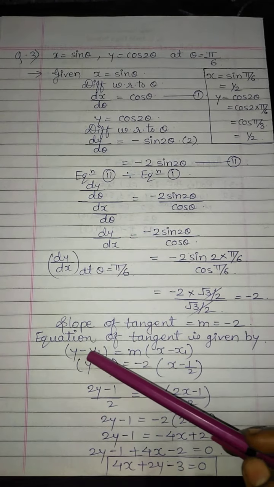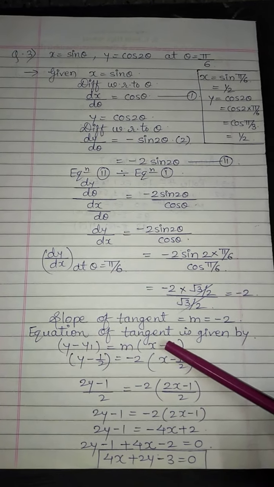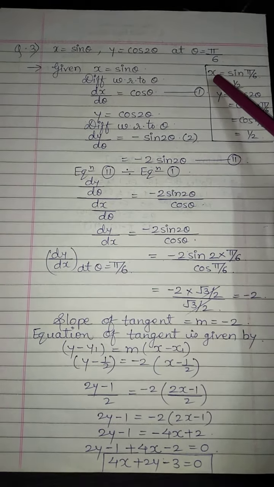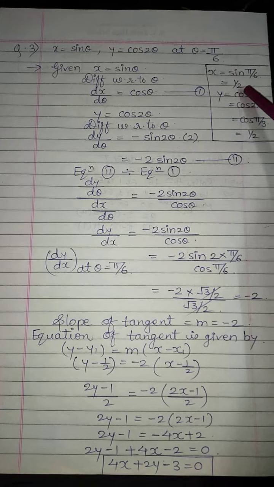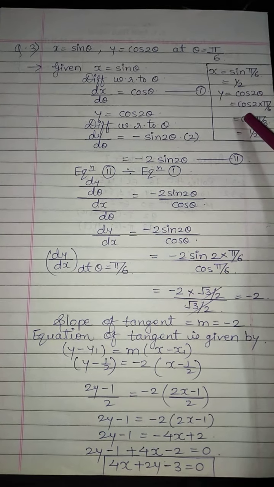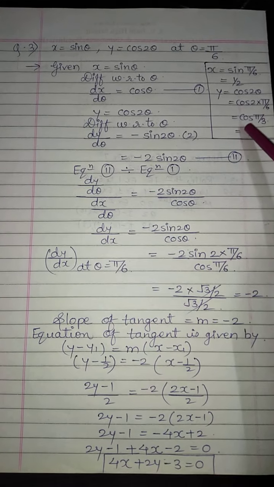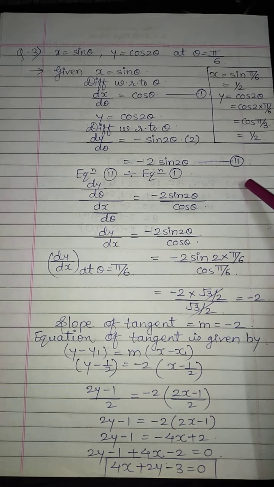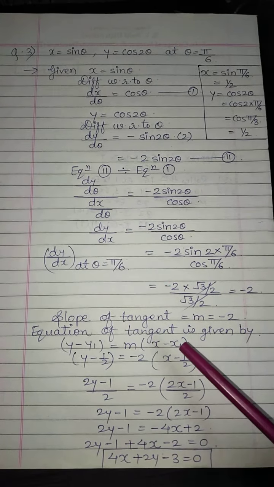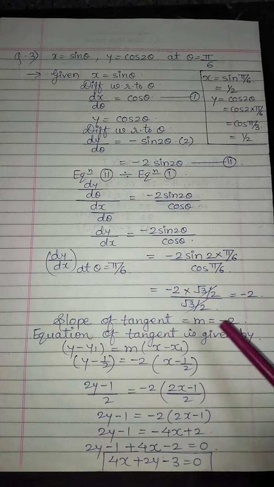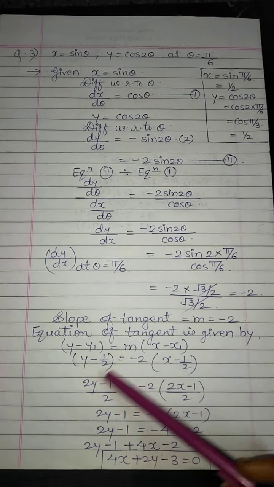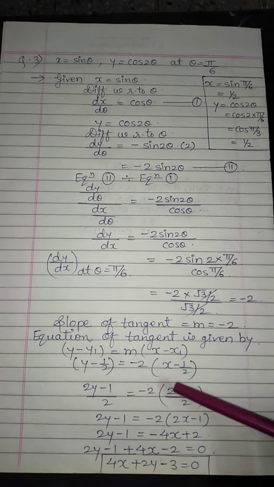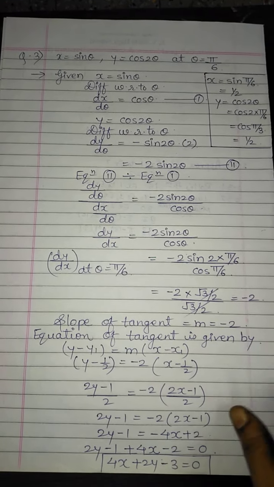Now before we simplify the equation of tangent, we require the values of x and y. So here in place of x, since we have sin pi by 6, we will write the value, that is half. And as y is equal to cos 2 theta, that is cos 2 into pi by 6, that is cos pi by 3, and that is equal to half. That means our point x comma y is nothing but half comma half. So that we will substitute in place of x1 comma y1 and slope as minus 2. The simplification of this will give us the equation 4x plus 2y minus 3 is equal to 0. You can very well simplify this to get the given answer.